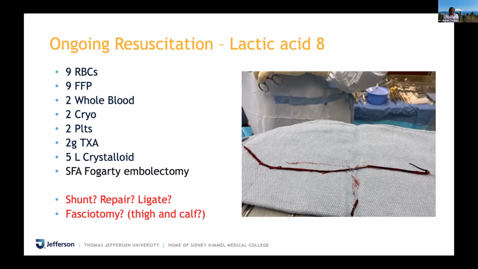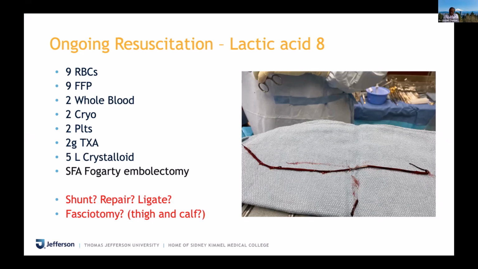Now, if I've used up a lot of my time, and also knowing that you have given a lot of blood product to this patient, and I still have work to do, i.e. fasciotomy, I might just leave the Argyle shunt in the arterial side, and he's been well anticoagulated with 7,000 units